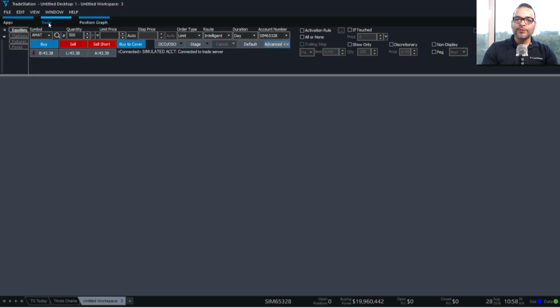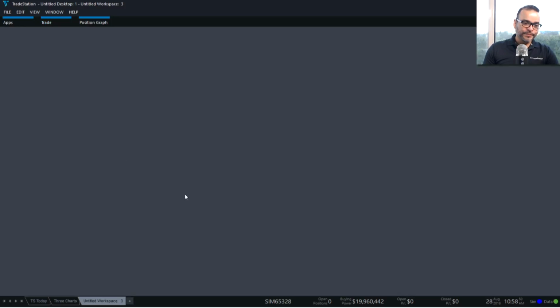I want to show you a tool here in TradeStation that is a little bit more efficient, and I call it a little bit more efficient because it's faster when you put in the trades. If you do want to use a trade bar, that's fine. That's the reason why we provide different order entry tools so that you can choose the one that you feel more comfortable with. Okay, so let me hover out of the trade bar, and I'm going to go to apps,